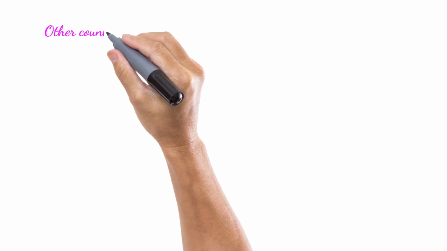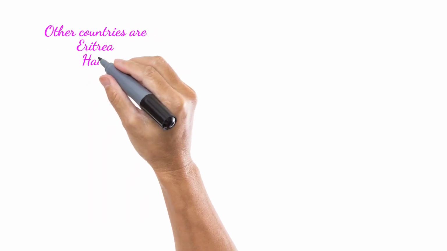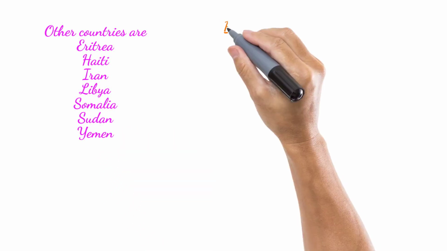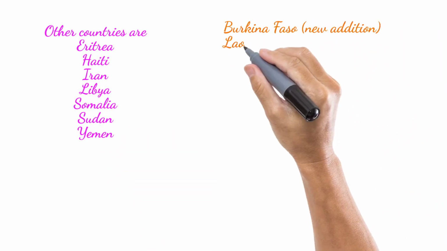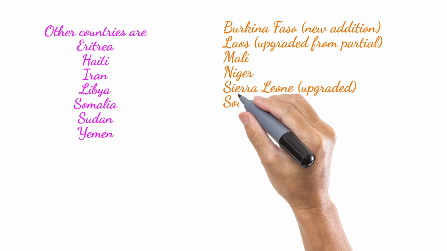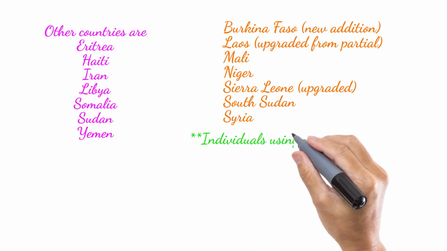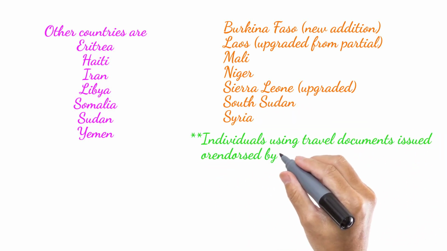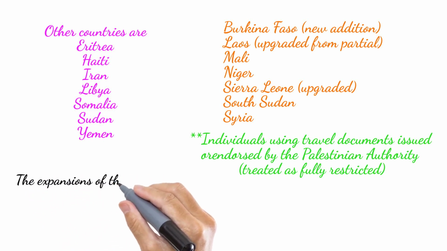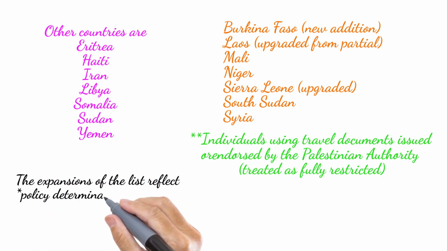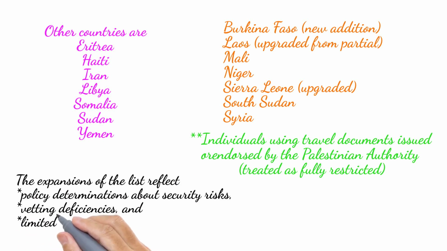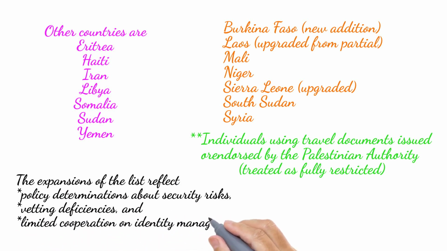Other countries included in these restrictions are Eritrea, Haiti, Iran, Libya, Somalia, Sudan, Yemen, Burkina Faso, newly added, Laos, upgraded from partial, Mali, Niger, Sierra Leone, upgraded, South Sudan, Syria, and also individuals using travel documents issued or endorsed by the Palestinian Authority, treated as fully restricted. The expansions of the list reflect policy determinations about security risks, vetting deficiencies, and limited cooperation on identity management and